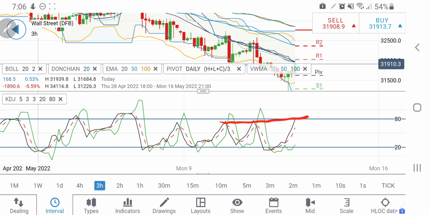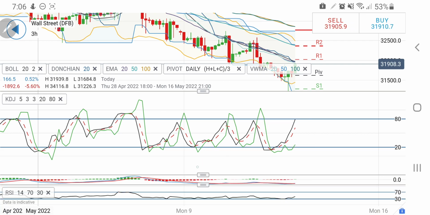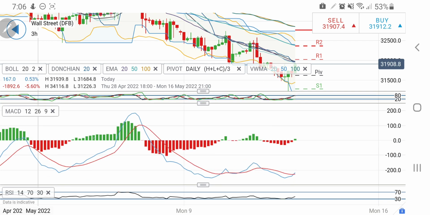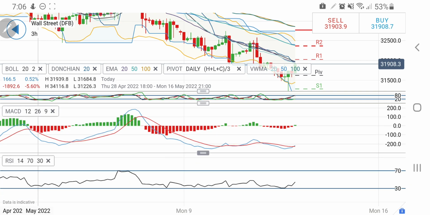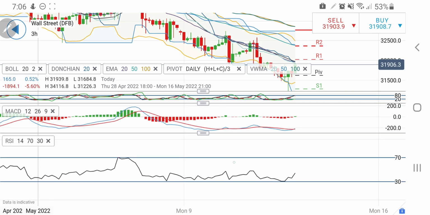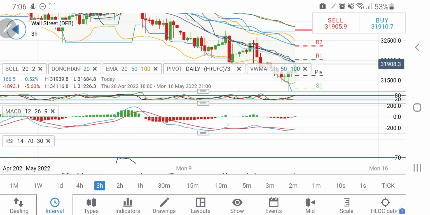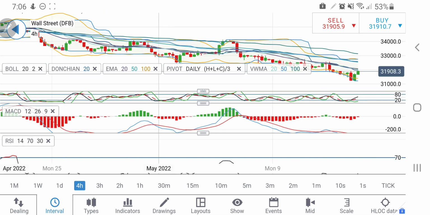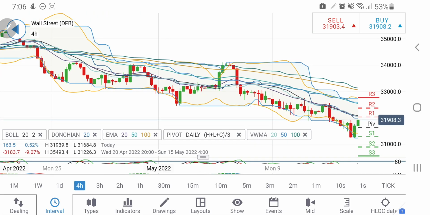Now look at the stochastic, it has already seen a high. It appears probably on the 3-hour chart, so I'll be watchful of the next candle. But MACD has just crossed over. This is the first green candle, and probably I'll be looking forward to a couple more green candles. RSI looking upwards. And if you look at the 4-hour charts, similarly, you will find that